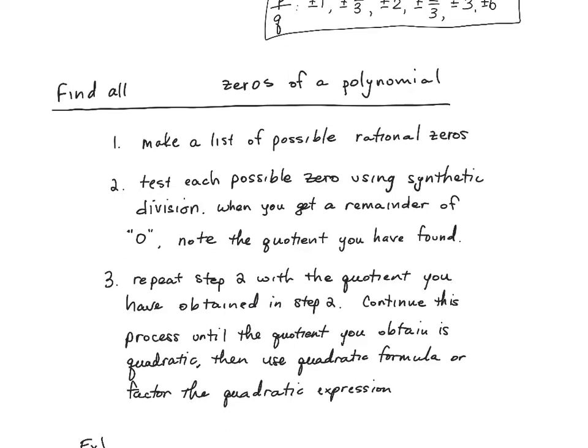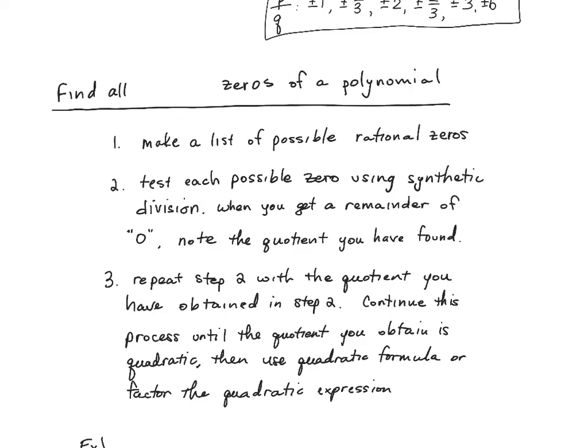So first step we've talked about, make a list of possible rational zeros. The next step is incorporating what we talked about in the last lesson, section 3.3, division of polynomials. We talked about synthetic division, and you can use synthetic division to test whether or not an expression is a factor of a polynomial, or if a number is a zero of a polynomial. So step 2 entails taking values from your list of possible rational zeros and using synthetic division into the polynomial to see if you get a remainder of 0. If you get a remainder of 0, you have found a 0 of the polynomial, and you continue that process until,